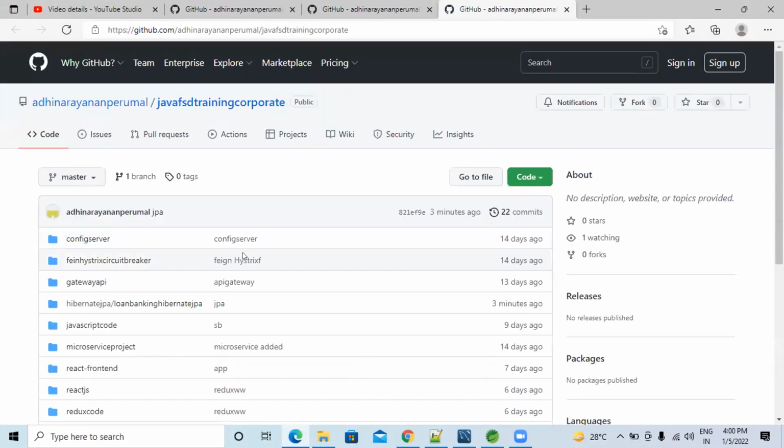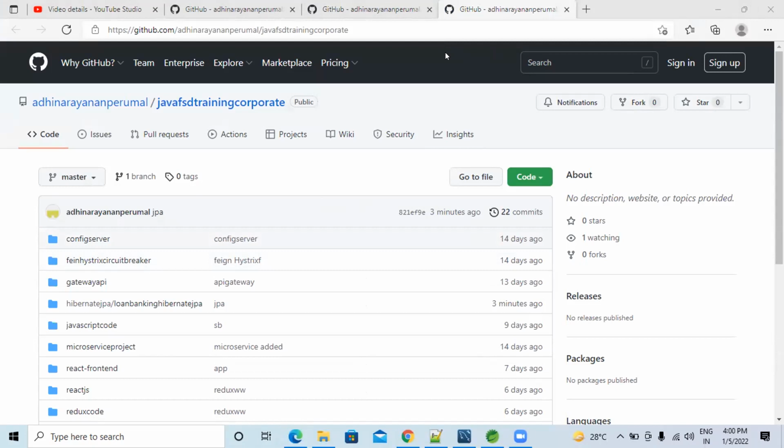Do you have a GitHub account? No, sir. Okay, no need. Now he clicked that URL and it came to my GitHub account. In that account, I uploaded all the code. Don't give the code to anyone. Only within our team you can share it. Don't give it to anyone else.